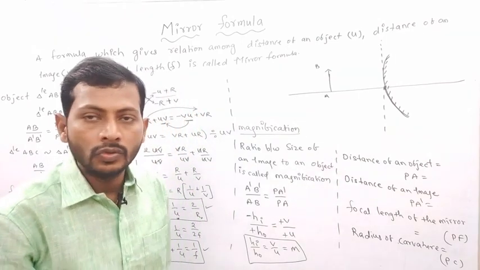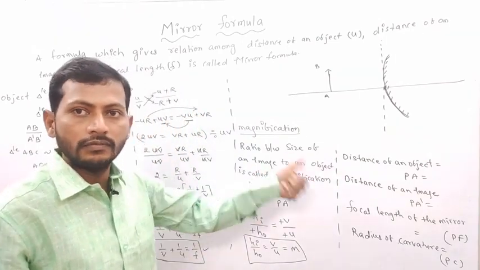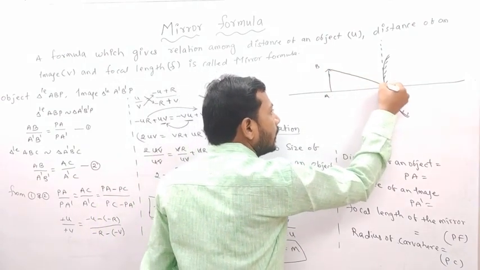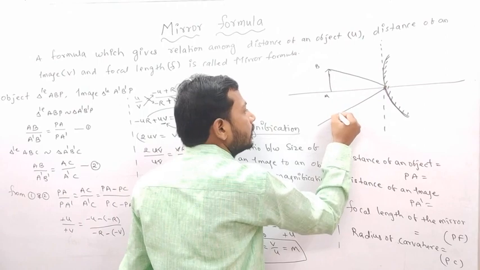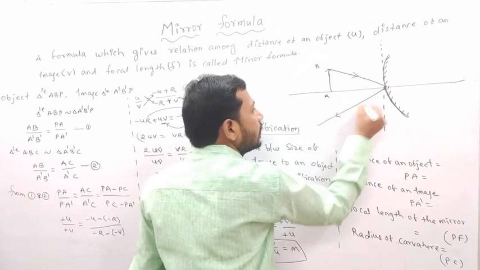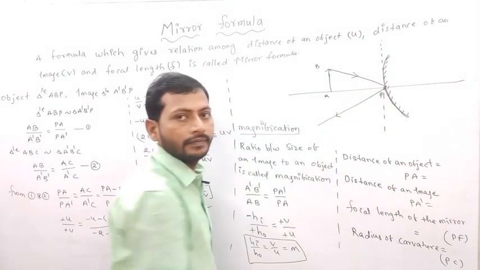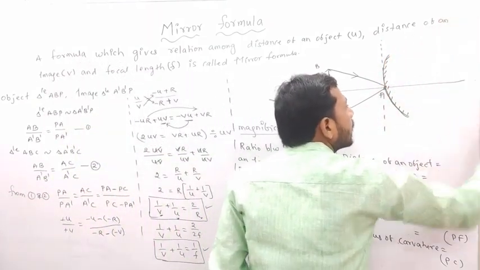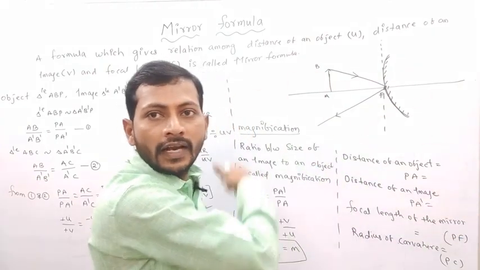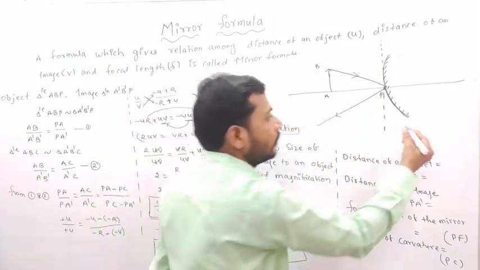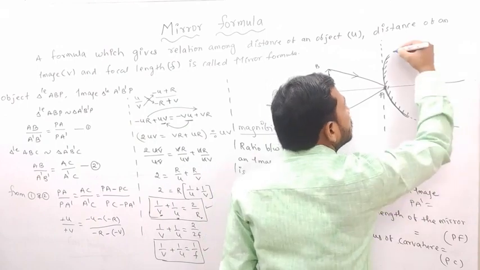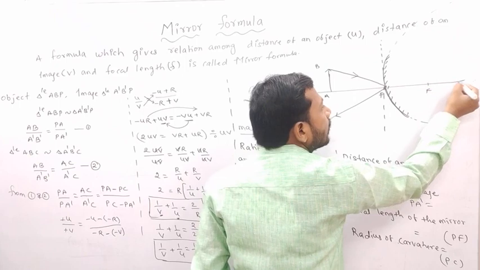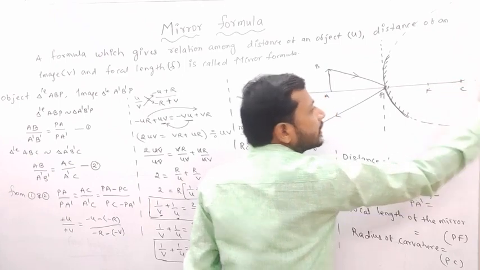I told you, children, these rules we know. First, which one did you require? Sir, object to mirror. Then I am going to take it at the pole. This is going like this. This is the incident ray, this is the reflected ray, and this location is P. If you imagine the complete sphere, is the sphere on the right side or left side? Right side. You will get the focus and centre of curvature, both on the right side.